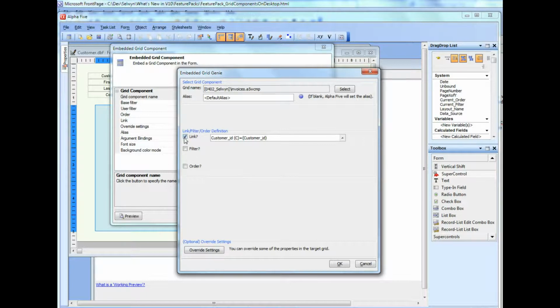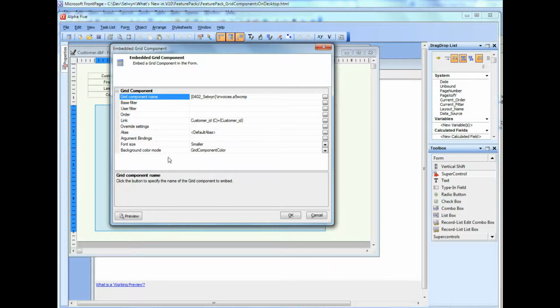The difference being that when you link, you specify a field in the parent form that matches a field in the grid component, and then when you enter a new record into the grid, the value from the matching field in the form is automatically filled into the matching field in the grid, so that the record that gets added is a child of the records shown in the grid. So we'll just link on the matching customer ID field over there,